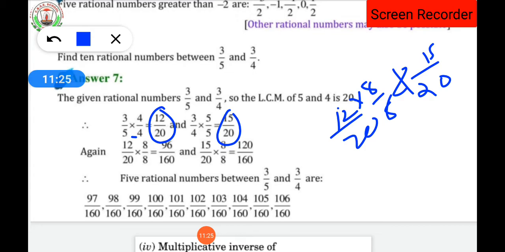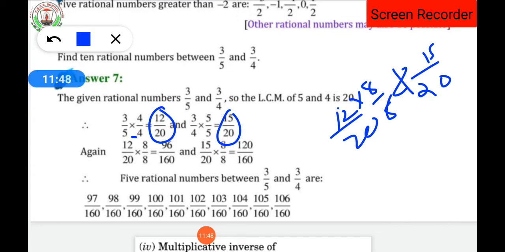मतलब अगर आप 8 से छोटे नंबर से मल्टीप्लाई करते हो तो आपको 10 से कम रैशनल नंबर मिलेगा. इसी कारण कोशिश ये करना है कि ऐसे नंबर से मल्टीप्लाई करो जिससे हमको या तो एग्जैक्टली 10 मिले, या तो उससे ज़्यादा मिले, क्योंकि उससे ज़्यादा अगर हमको मिलता है तो हम उसमें से चुन करके 10 लिख सकते हैं.